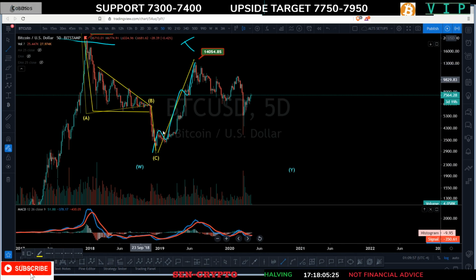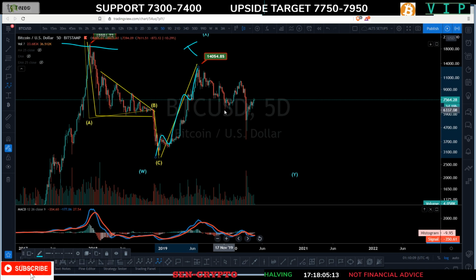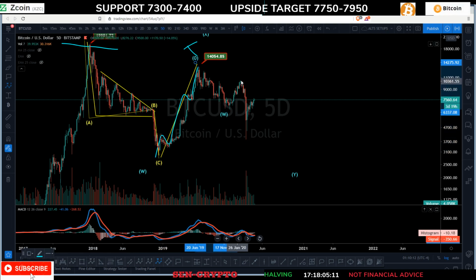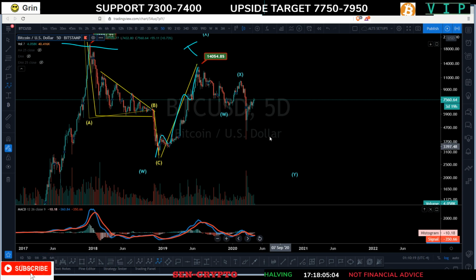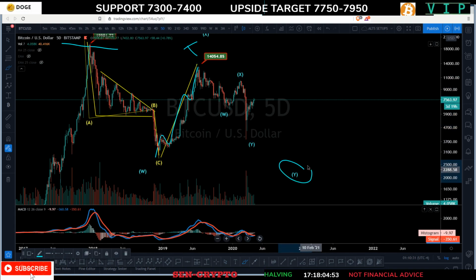It is basically replicating what we made in this area in terms of ABC, but it is making it in terms of a WXY correction, right? So take a look at it. We made a beautiful three-wave move down, right? We made another X, just like the X we made at 14K. And you're expecting BTC to drop down within this level, right? So it already made a three-wave pullback, but this three-wave pullback is not retesting the macro scale